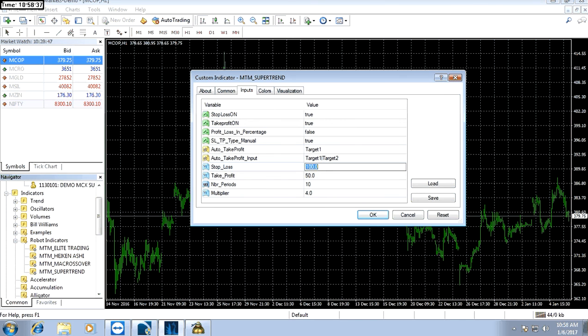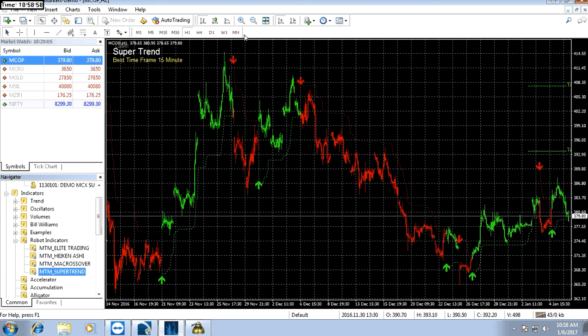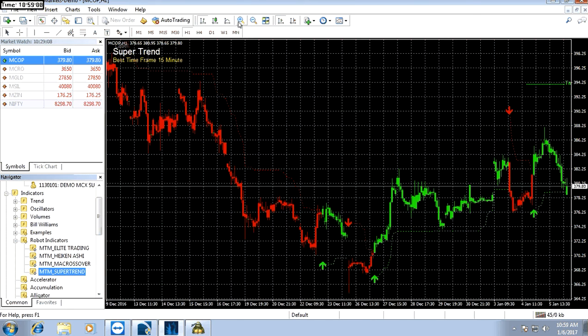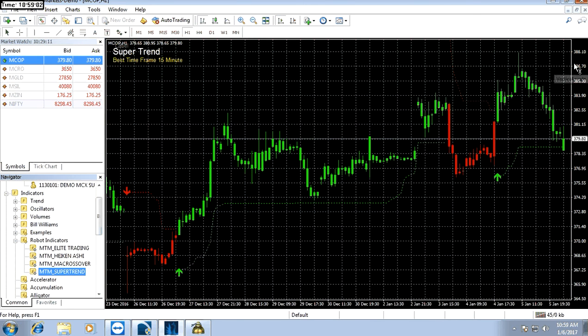So now our stop loss and take profit is on, so we can put the take profit point. Suppose if we want 1 point in copper, we need to type 100, and if we want 50 paisa or 1 point in target, that means if we want a 1:1 ratio in profit and loss, we can make it 100, and then click on OK. Once we click on OK, our chart window will look like this.